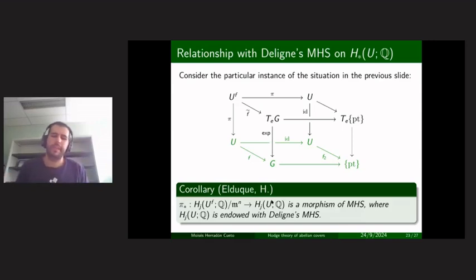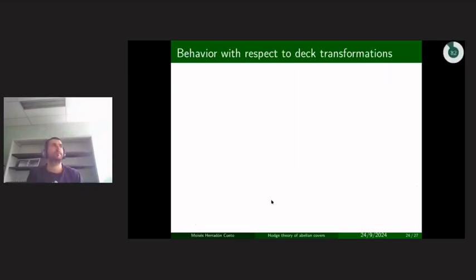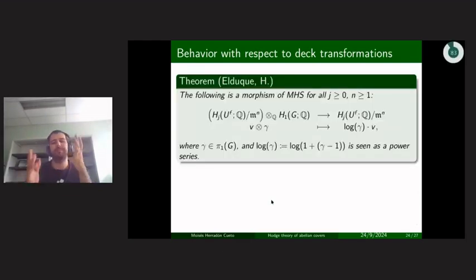Let me show just one other property, which is what happens with the module structure. Okay, this is what happens. And there's something that might be very strange depending on your background. Really, I'm saying that multiplication is a morphism of Hodge structures, which is what you would expect. But there's a logarithm here. So what I mean by the logarithm, first of all, is that I have an element.